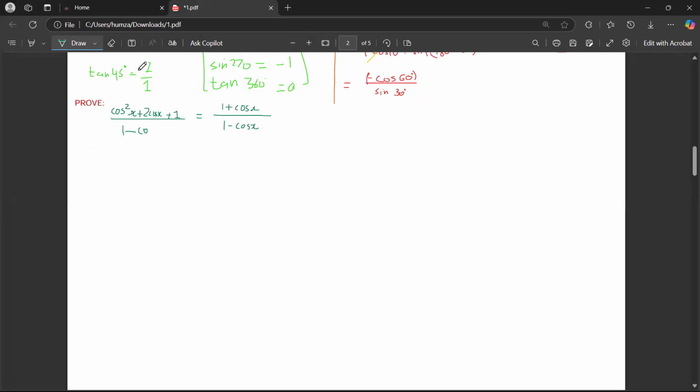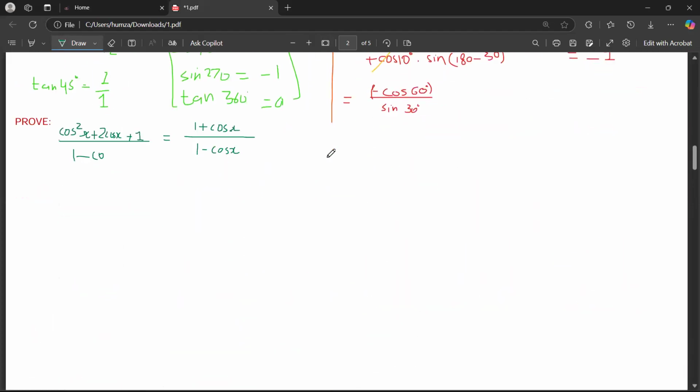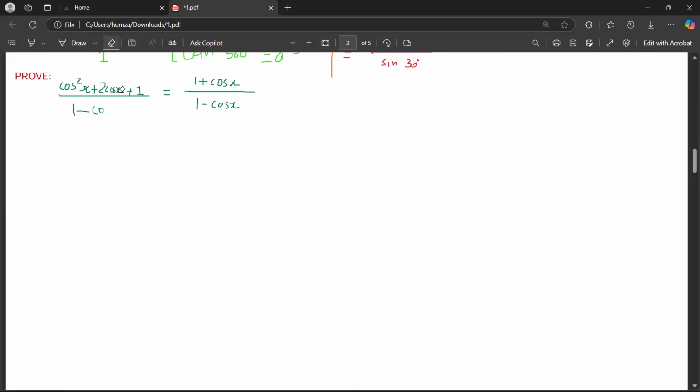I can't see that part. okay. Okay, let me just write it again. This is cos x plus 1. Now at the bottom,